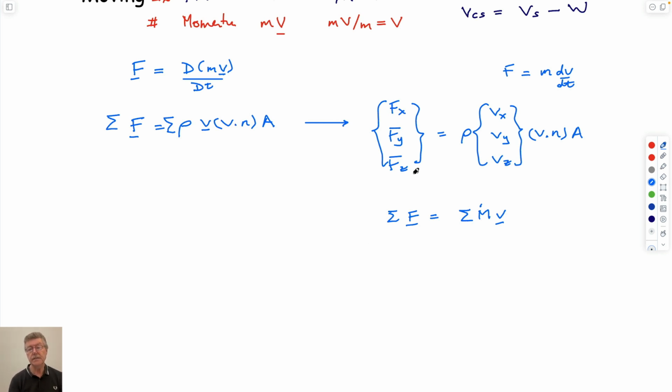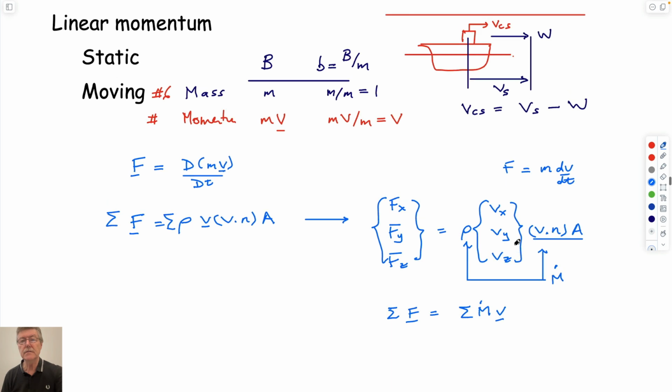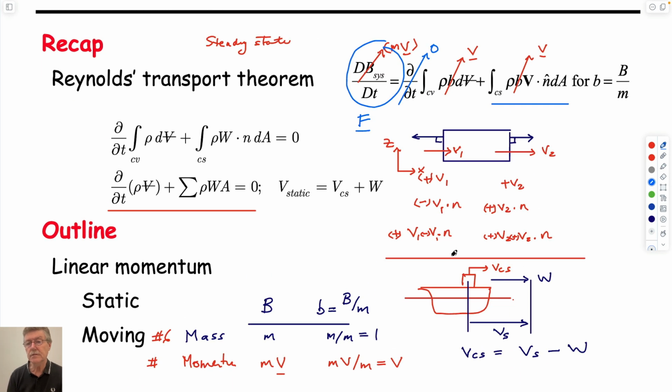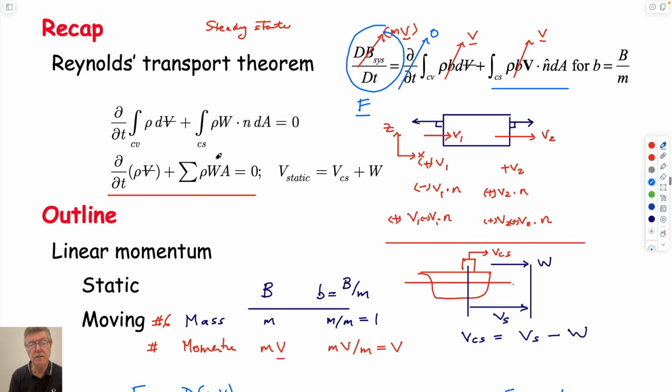So this is a vector, has 3 components. This is a vector, has 3 components. And the density times the dot product times the area, these terms together are just the mass flow rate, the same as we had here. So we spent all last period skinning a cat 10 different ways to do conservation of mass. This was the way that we wrote this, and so this whole term here that I'm underlining is just the mass flow rate,